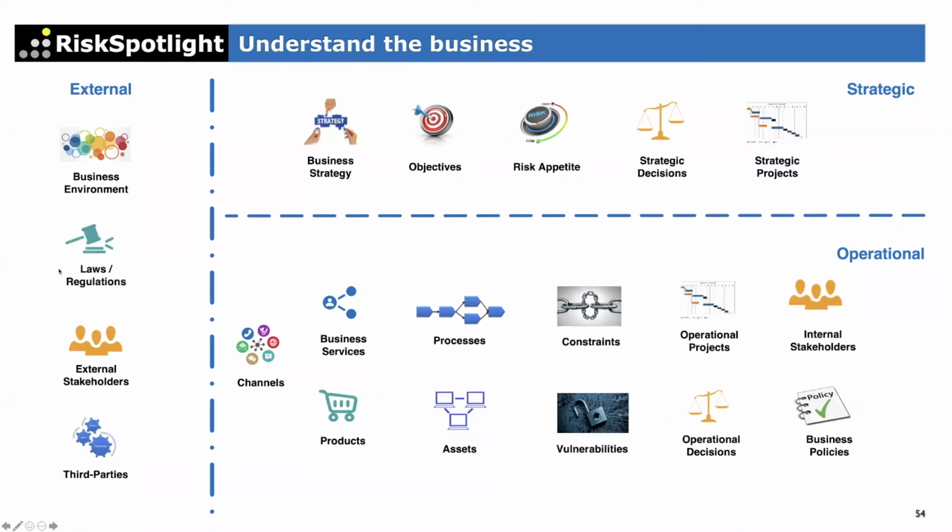And then the last element here on the left-hand side is the law and regulation. So while a business is doing all of this, we also then need to stay in compliance with laws and regulations. And if you see here, there is no mention of risk in this case. Yeah, so this is just the core of what every organization will have some element of each of these components.